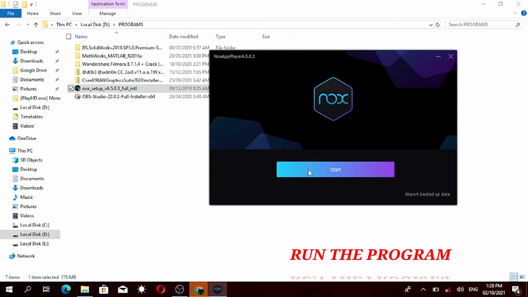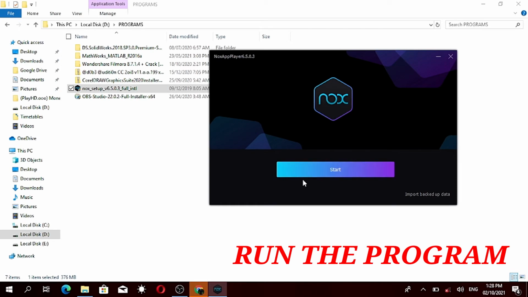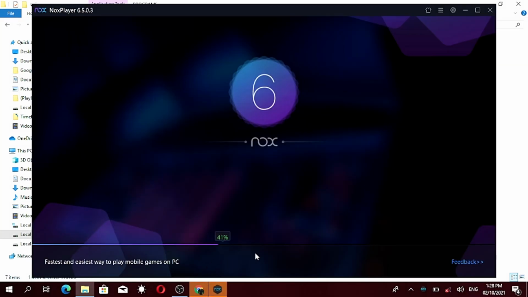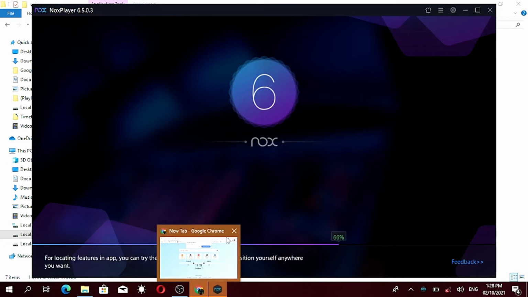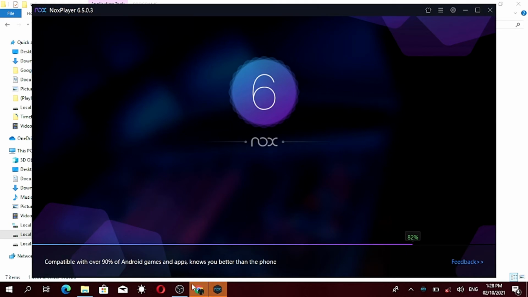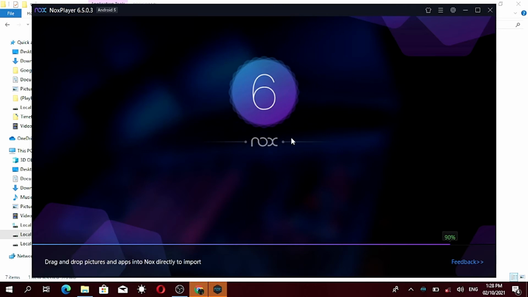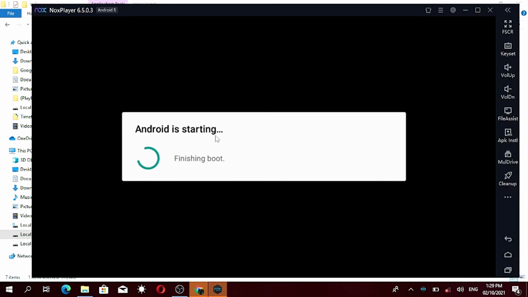Okay, now the software is installed. Okay, I am clicking on the start, and then the window will pop up for me of this software. अभी ये सॉफ्टवेयर मेरा इंस्टॉल होगा और अभी ये ओपन हो रहा है विंडो में। अभी आप इसमें जो अपना सॉफ्टवेयर यूज़ करना है वो इंस्टॉल कर सकते हैं, एंड्रॉयड के सॉफ्टवेयर जो भी हैं, और आप इसमें व्हाट्सएप वगैरह बाकी सब चीज़ें यूज़ कर सकते हैं।